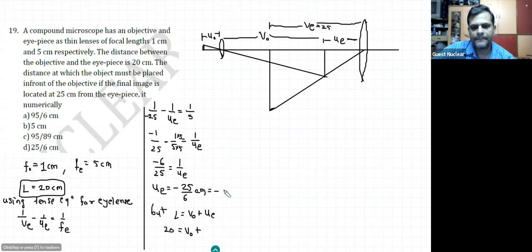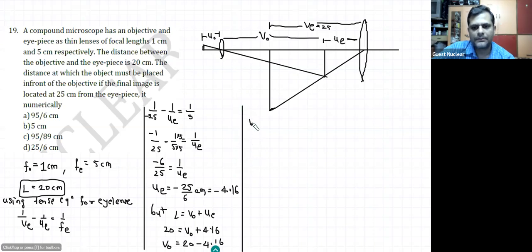It is going to be minus of 25/6. 6 4s are 24 and 6 1s are 6, so approximately 4.16 we can say. So this is 4.16. Don't take this minus sign here because this length of microscope is the sum of magnitudes of VO and UE. Here we do not have to use sign convention. Okay. So VO can be written simply as the difference of this 20 and 4.16, right? So that in the next step we can get this